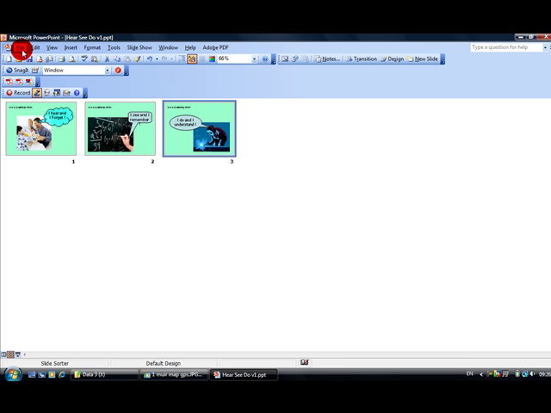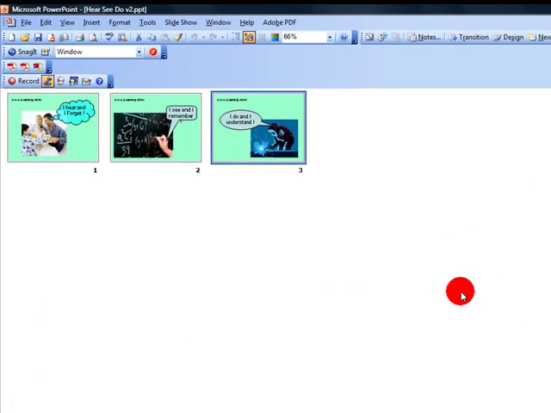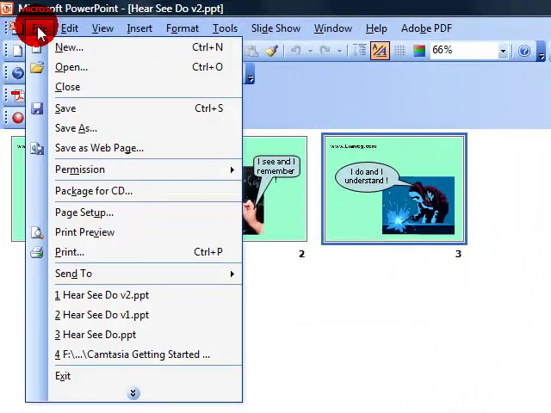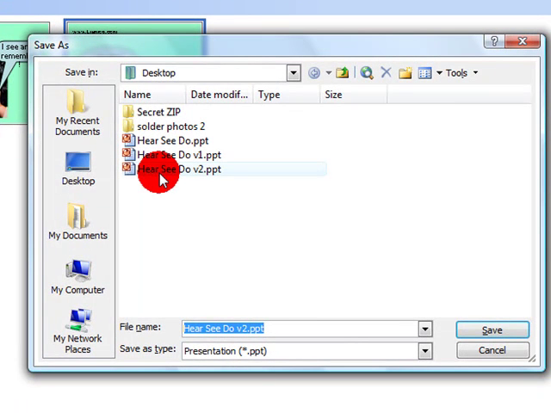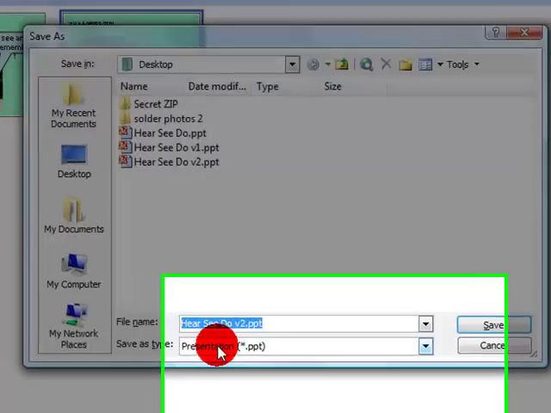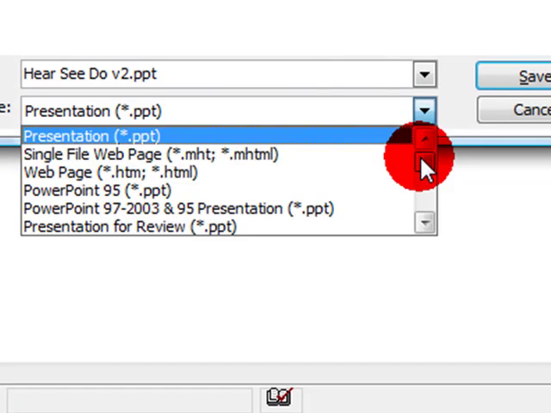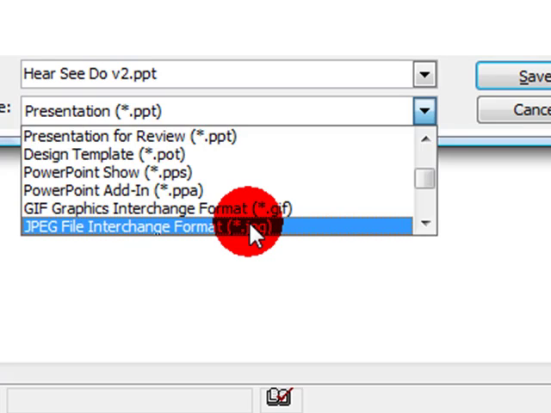The first thing I should do is save it. So if I save it first, in this case I'm going to save it on my desktop as version 2. So I've created some previous versions. Now, having saved the PowerPoint presentation, we're going to basically export each slide as a JPEG. So in this case here, I save as, again my location is on my desktop, but just look at this area here, save as type, and pull down the options here and move the options down here until I see a JPEG option,